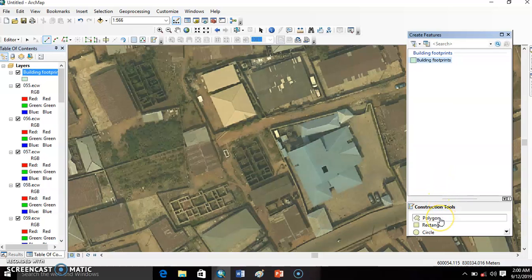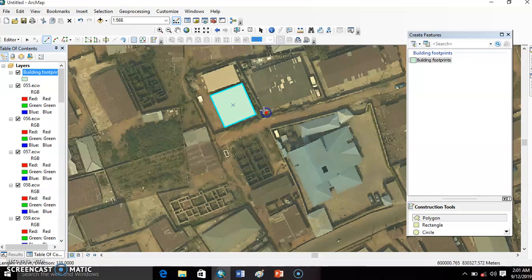You now pick the kind of polygon you want to create. Either it's an irregular sided polygon, or a rectangle, or a circle. But in our case, it's a regular sided polygon. And then you select this tool, and as soon as you move into the environment, your cursor will change to a cross, and then you can start digitizing. You first left click, and then you move your cursor, and as you move, you left click, left click, left click. When you are done, you double click, and then it will be done.